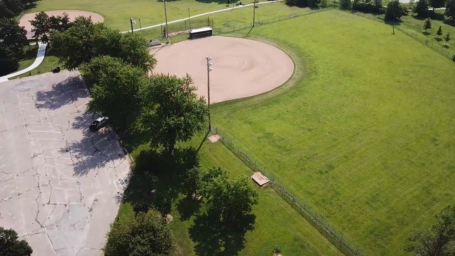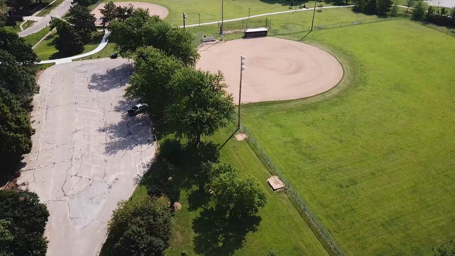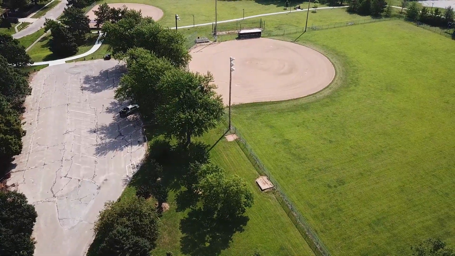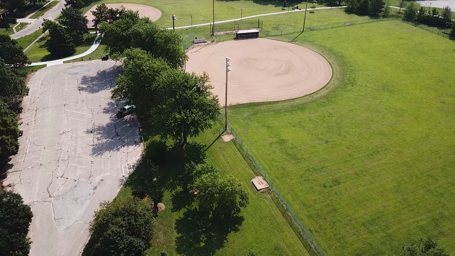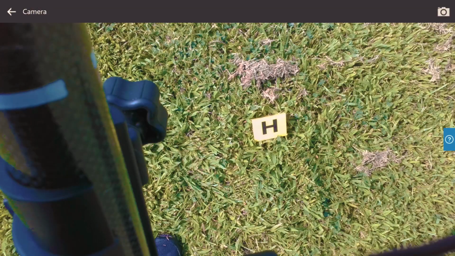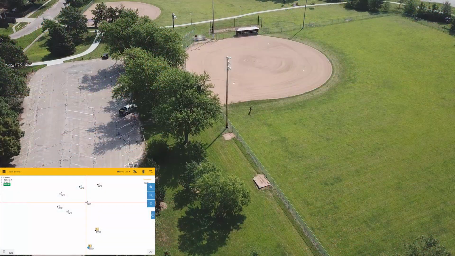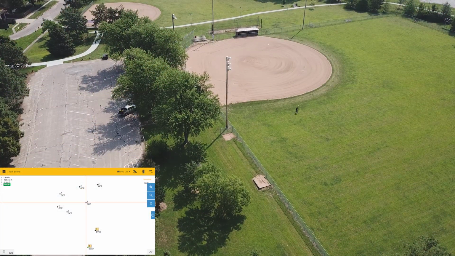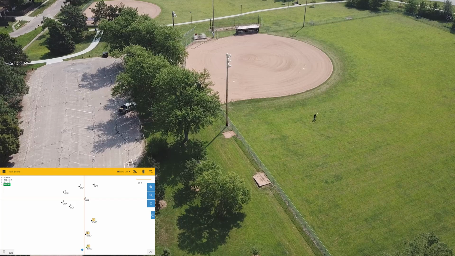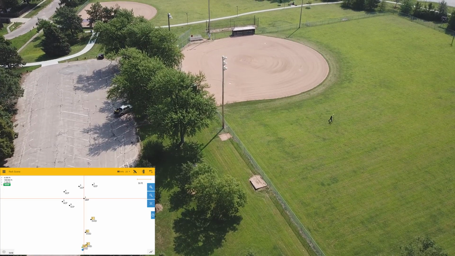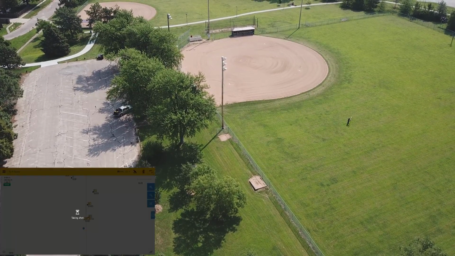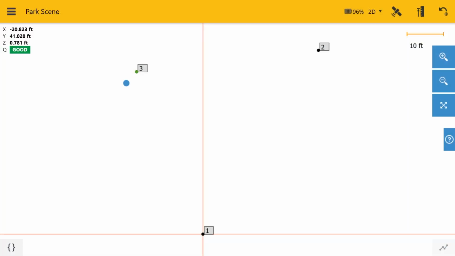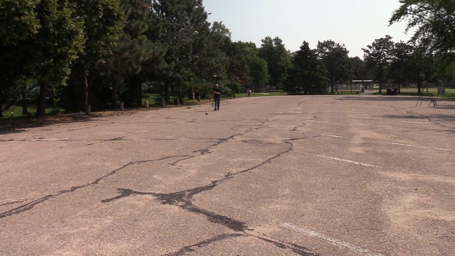So we have a large open area that's going to be difficult to map using a laser scanner unless we bring things to put out in the field to assist us with the registration. Plus, the evidence items are small, not likely to be discernible on a laser scan unless we spend a crazy amount of time doing ultra-dense scans of the area. No need. I have the Trimble R4 GNSS receiver, and I'm going to go map those small items with that using the Trimble RTK correction service. In addition, I'm going to place some arbitrary points around my scene to act as common points for our georeferencing later.